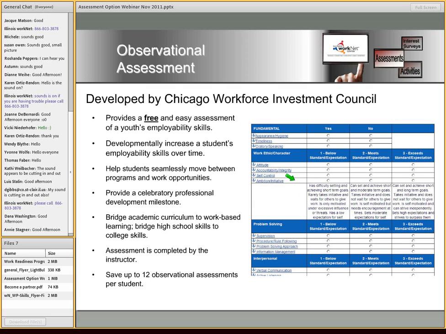In the observational assessment for that individual, we have the different items. So under fundamental, we have appearance, hygiene, timeliness, speaking, attitude, accountability, self-control, and so forth. Whenever you click on any of these items, then a rubric appears. To make it disappear, you just simply click on the link again. But the idea is that the item and the rating system and the rubric are all incorporated into one,